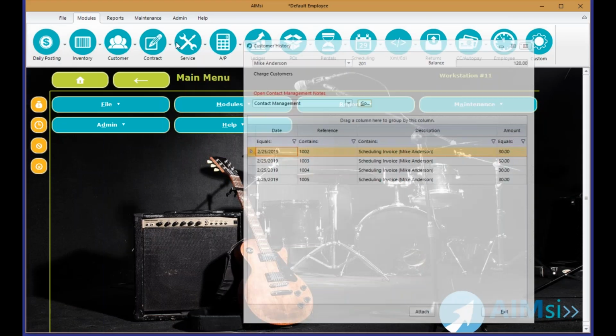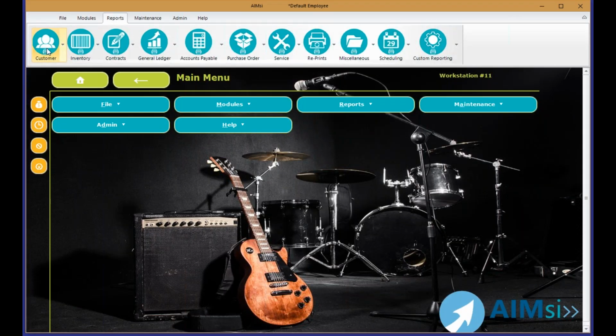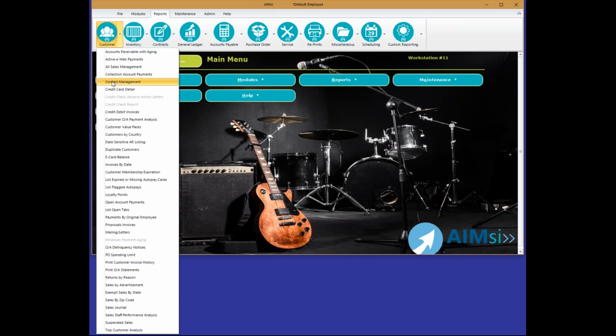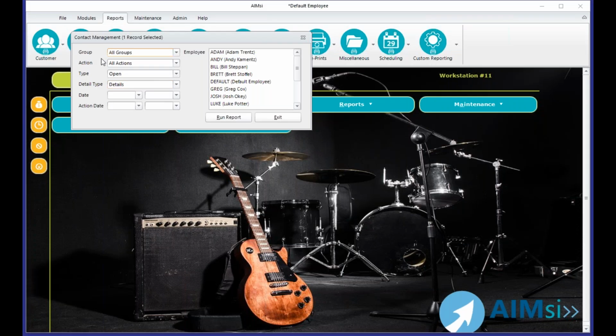So the one I like to point out, there is a specific report in your customer tab called Contact Management. And the Contact Management report essentially lets you run a listing of these cases that you have keyed in. You can run them by a particular group, by a particular action, and by whether they're open, closed, or open and closed, regardless. You can run it for details or totals. Details would show all of the actual notes going along with the case. You can run it by date and or action date, and you can run it for any grouping of